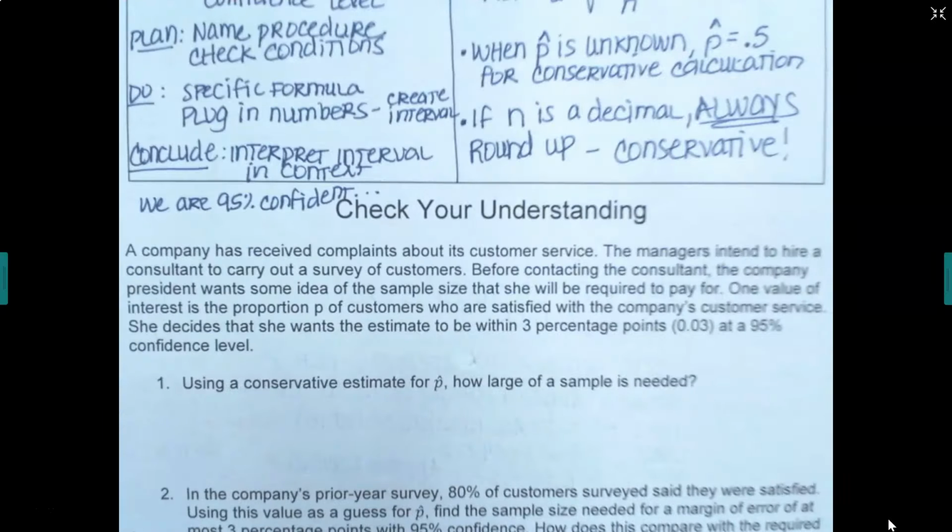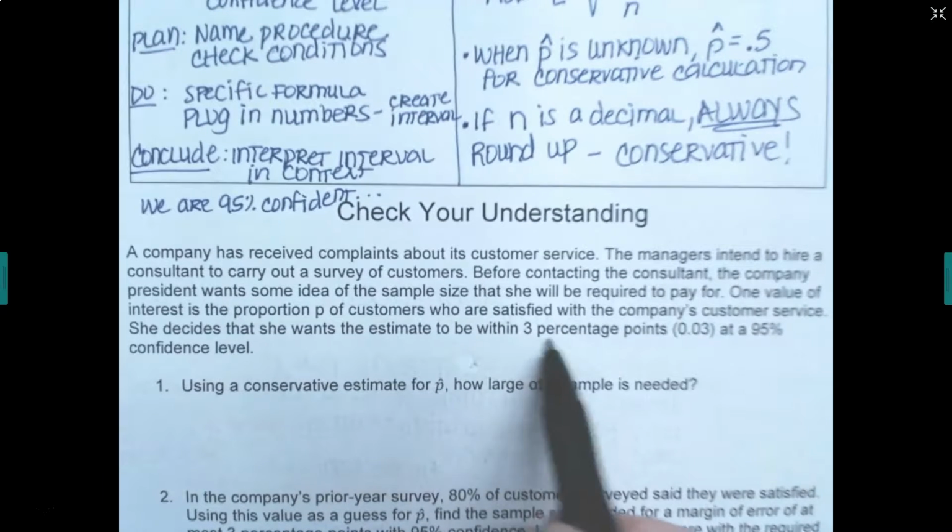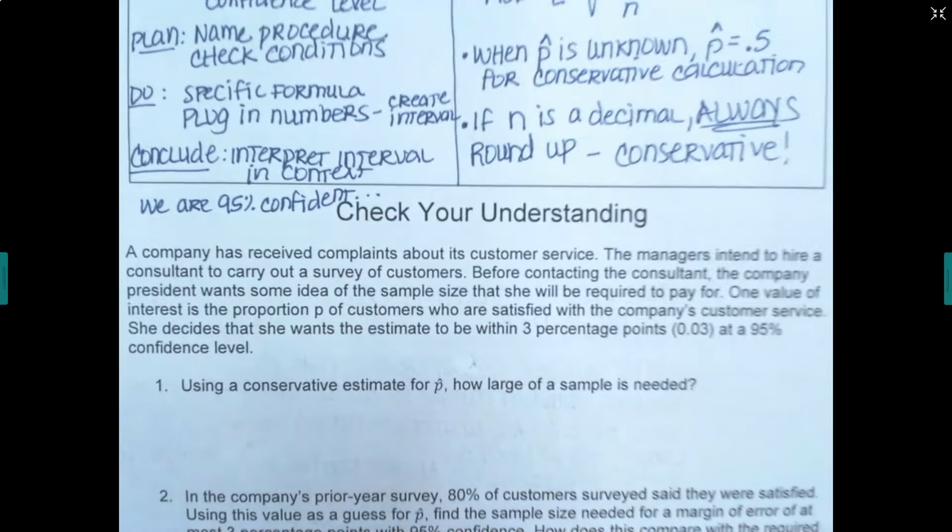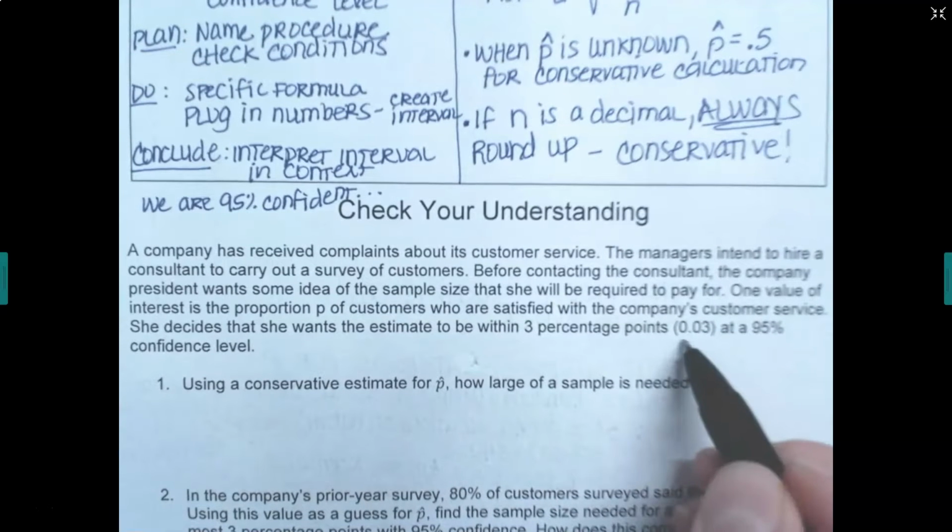Okay. All right, so for your check your understanding, here's the scenario. A company has received complaints about its customer service. The managers intend to hire a consultant to carry out a survey of customers. Before contacting the consultant, the company president wants some ideas about the sample size she'll be required to pay for. One value of interest is the proportion of customers who are satisfied with the company's customer service. The president decides she wants to have an estimate be within 3 percentage points at a 95% confidence level. Okay, so 3 percentage points,